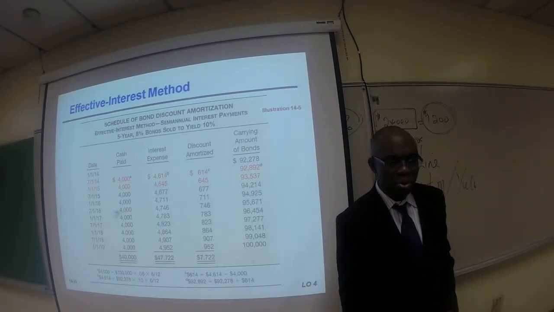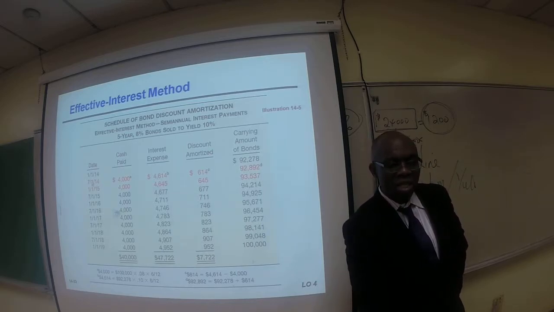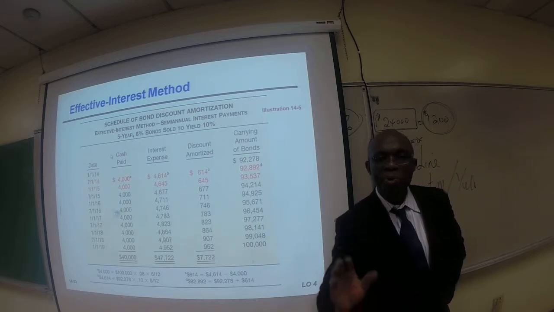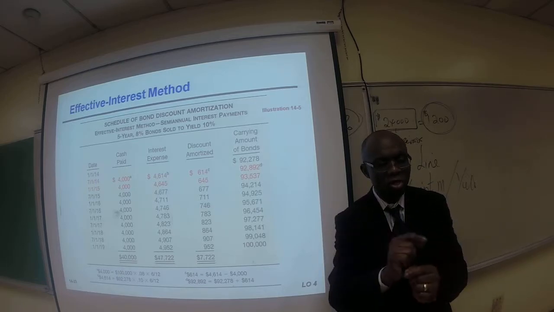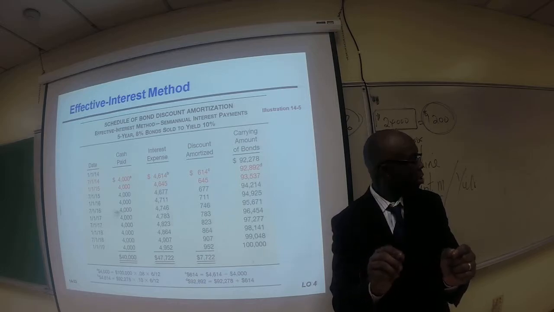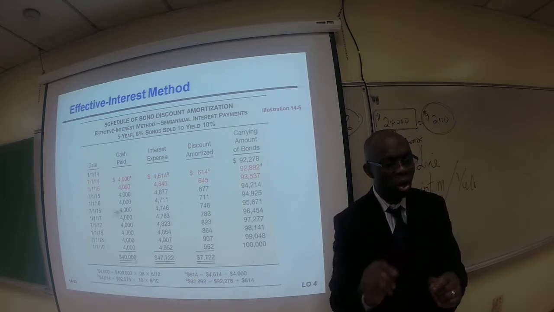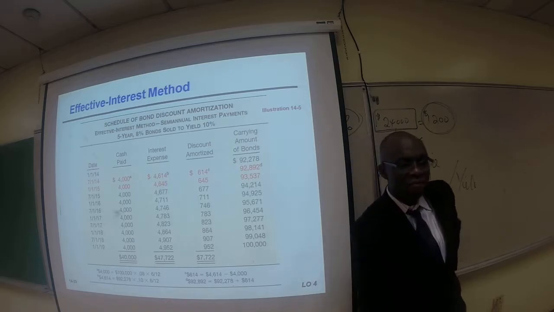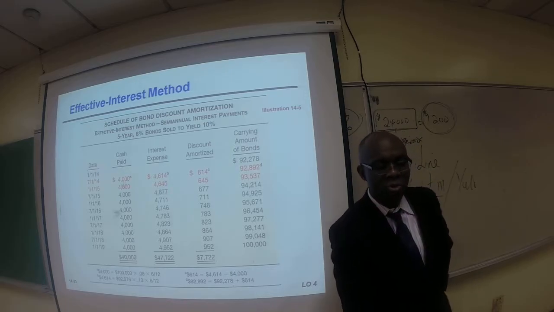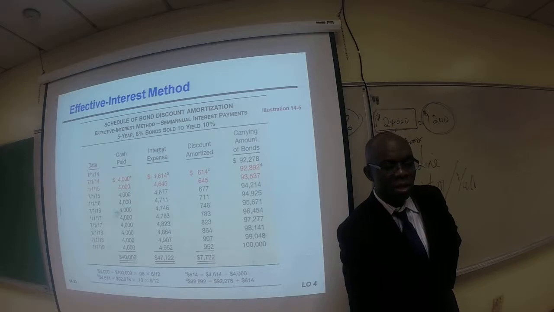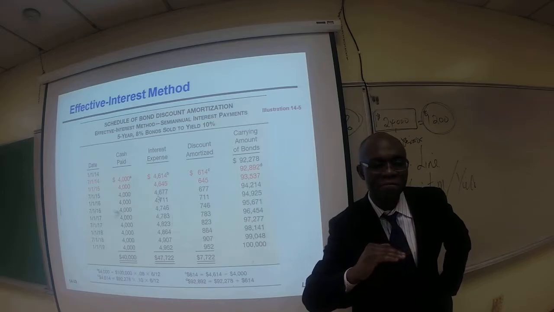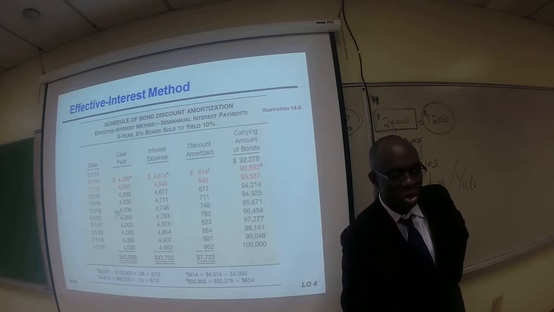It's very important for you to calculate. So let's take a look at what happened here. Now, it is very important for you to understand this table like the back of your hand, because a lot of questions on your examination and quiz are going to come from this table one way or another. So let's take a look at the first column here, the date. The second column, the cash payment. See, the $4,000 cash payment is the same every 6 months for 10 interest periods. All right. Let's take a look at the interest expense. As you can see, the interest expense amount varies